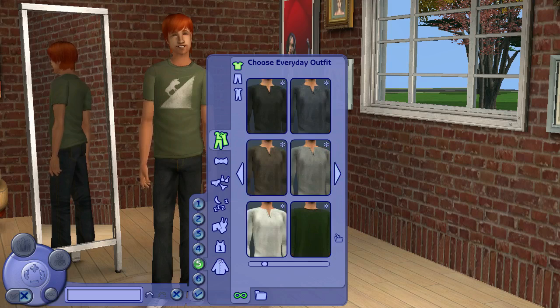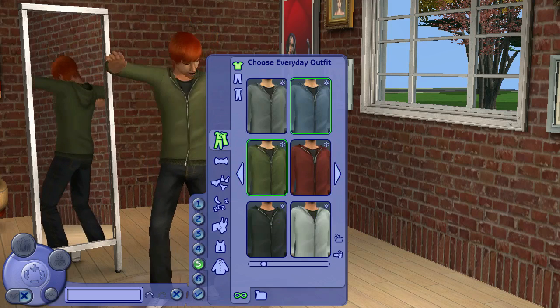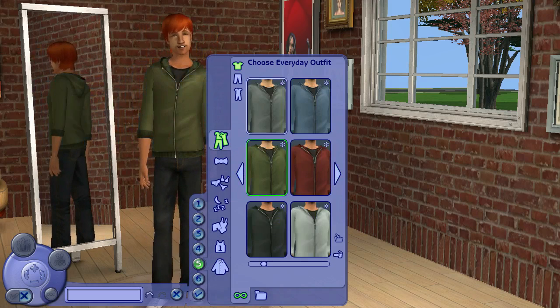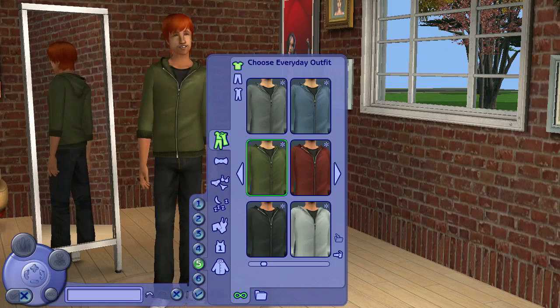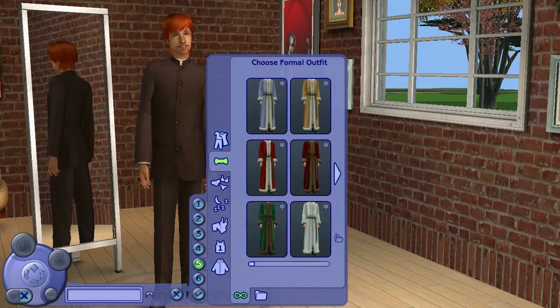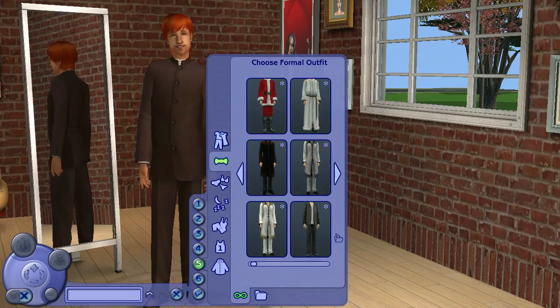I wish I had something... actually... Oh yeah, these seem more his type. And he loves the outdoors, so we're going with green. And those pants work. Voila! Also, I have like the most random stuff downloaded, so...